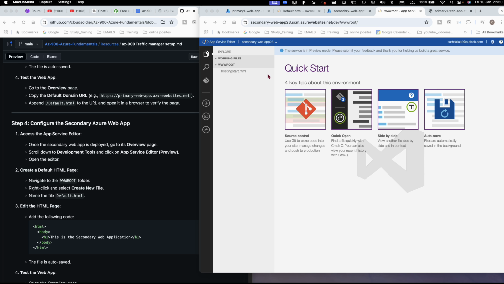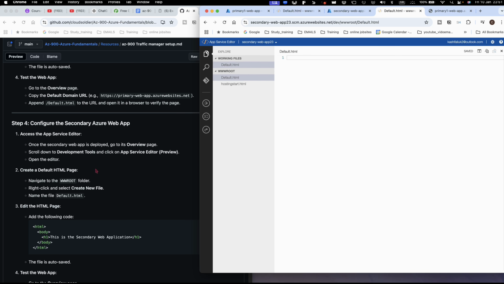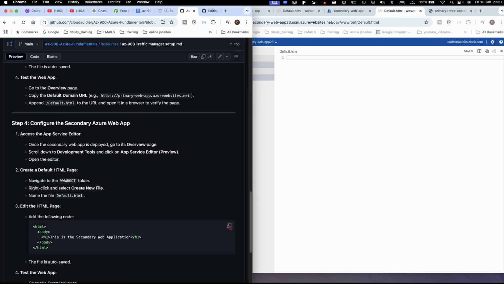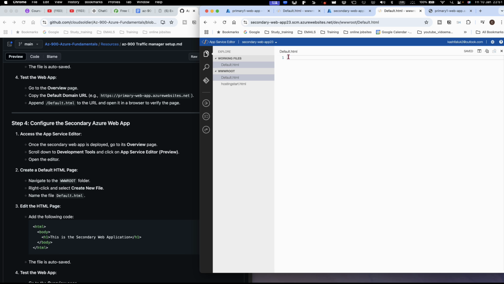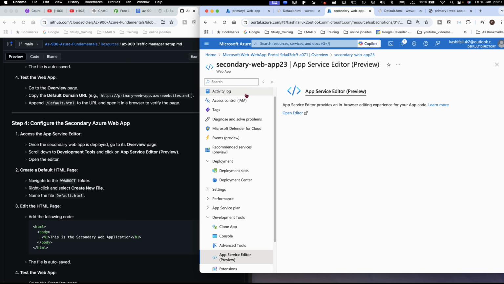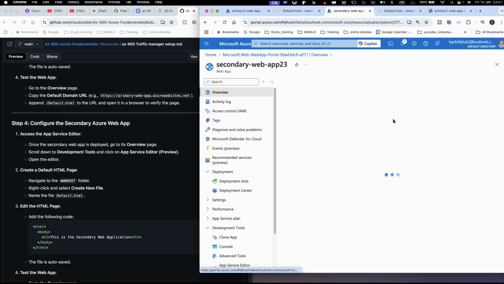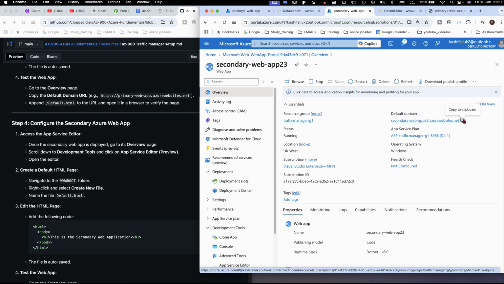Right, so we are on the editor, so right click again, new file, and call it default.html, enter, and just copy this code again. So this time this is a secondary web app. Ctrl+V, it is saved. So if you go to our portal again and go to overview, copy that URL,